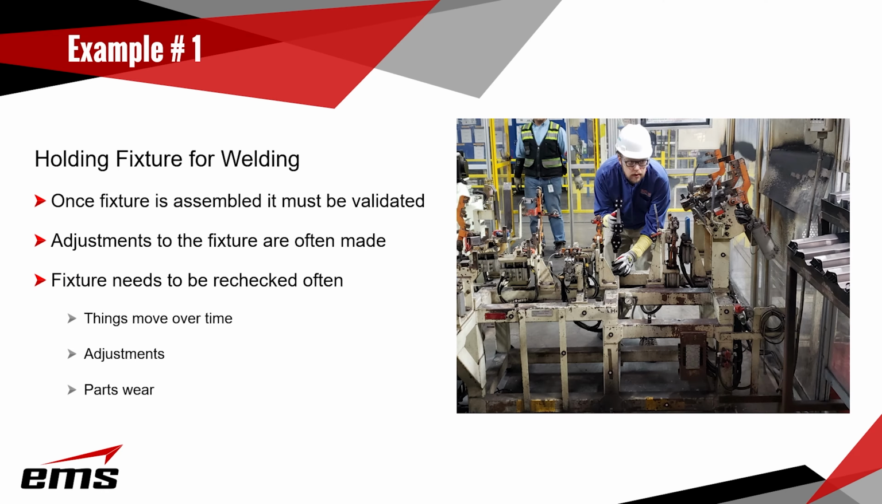All right, so let's get into some real-world examples, and we're going to show you more in depth here some of the things you can do. And the first one we're going to look at is a holding fixture for welding. So an automotive series of parts gets placed in this fixture, it gets clamped down, and then spot welding goes on. So the first thing that has to be done is these fixtures need to be validated,